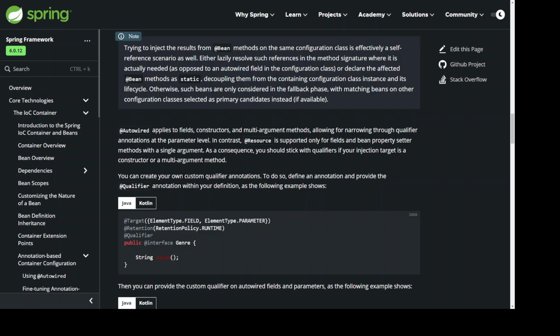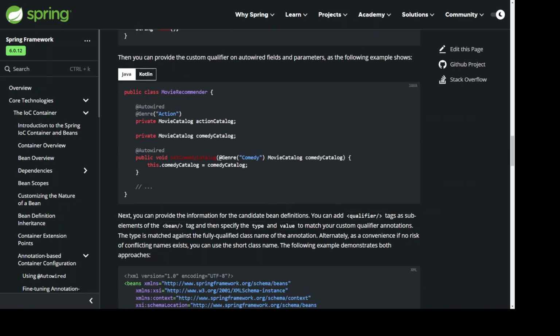Then you can provide the custom qualifier on autowired fields and parameters, as the following example shows. Public class MovieRecommender: @Autowired @Genre("Action") private MovieCatalog actionCatalog; private MovieCatalog comedyCatalog; @Autowired public void setComedyCatalog(@Genre("Comedy") MovieCatalog comedyCatalog) { this.comedyCatalog = comedyCatalog; }